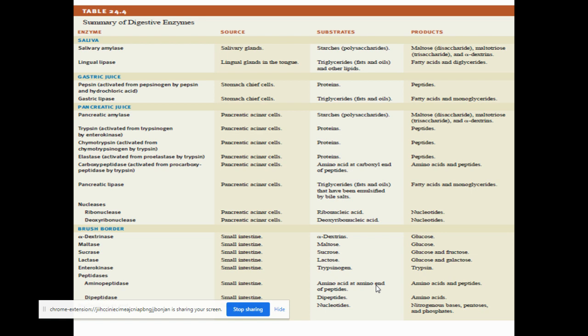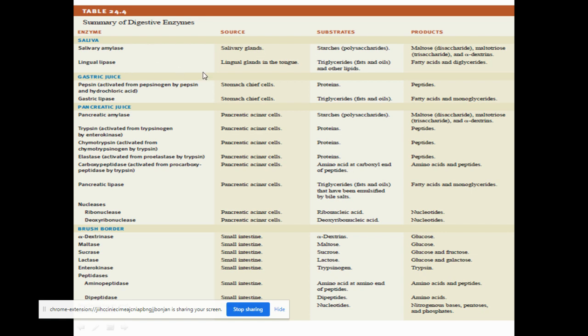Now this chyme reaches the duodenum, the first region of the small intestine. This partially digested food reaches the duodenal region. The food would already have been acted upon by salivary amylase and lingual lipase in the mouth, and also by pepsin and gastric lipase in the stomach. But the major function is that salivary amylase would have converted the starch into maltose, maltotriose, and dextrins. Maltose is a disaccharide, maltotriose is a trisaccharide, and dextrin contains around 10 or more glucose units.